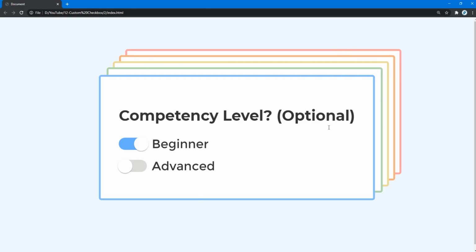And in this video, we'll be creating this from scratch using only HTML, CSS, and vanilla JavaScript. You can see there are different layers of colored borders stacked behind each other. And within that, there are two switches that essentially allow the user to choose either advanced or beginner based on